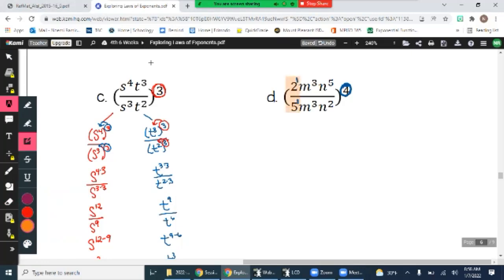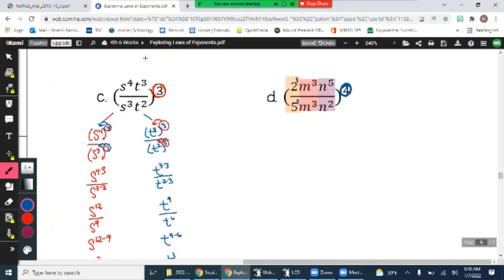We have a section of powers that has a number as a base. We have another section of powers that has m as your base, and another section of powers that has n as your base. So I'm going to start with my numbers. I have 2 to the power of 1 at the top of my fraction, but don't forget that 4 on the outside. I have 5 to the power of 1 at the bottom of my fraction with the 4